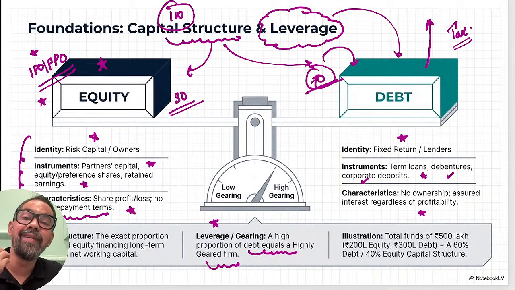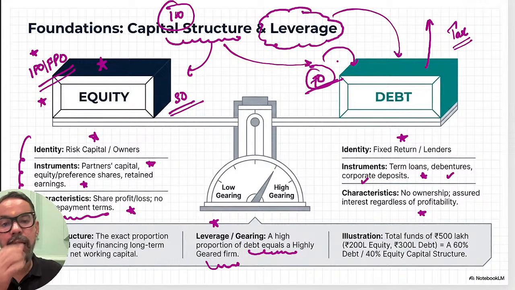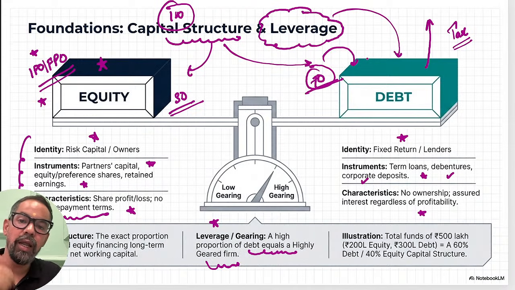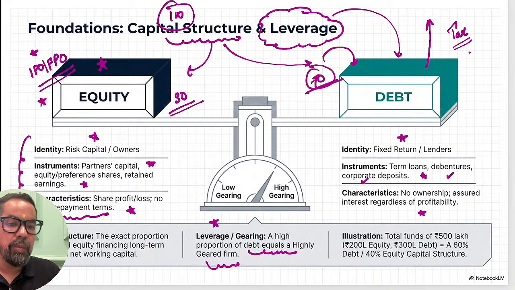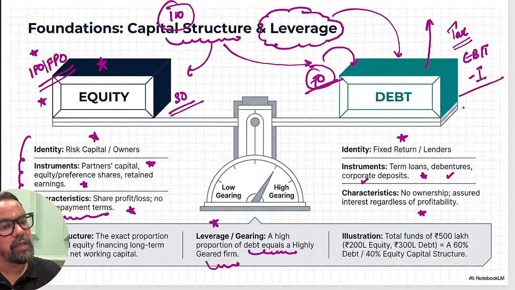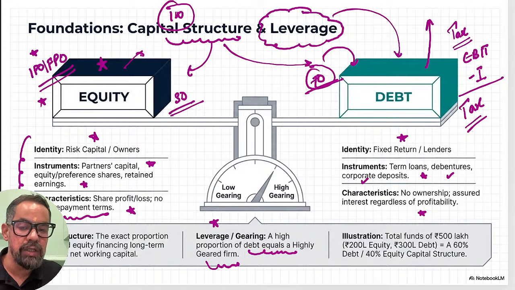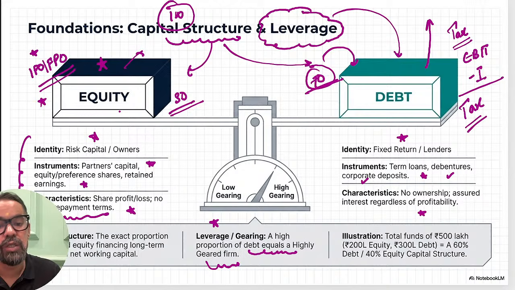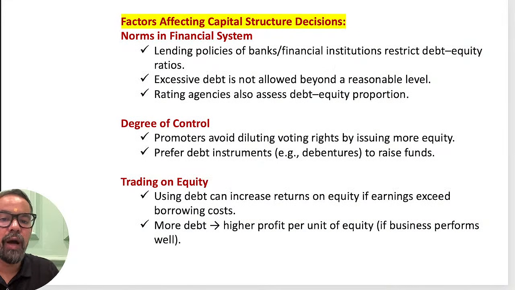Basically whatever interest you will pay, that interest will be treated as an operating expense for the business. So let's say your EBIT, earnings before interest and taxes, is whatever amount it is, then you have to subtract the interest, then you have to pay the taxes on this. But in this particular case, as we are not paying any interest, whatever profit you make, you have to directly pay taxes on that itself, right? So this is something which is generally part of this.